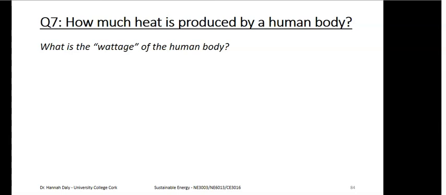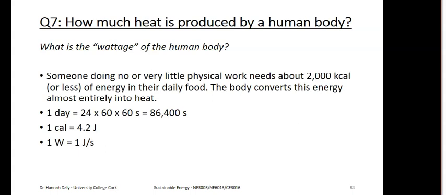So first of all, what's the wattage of a human body? That's a strange sort of question. You know, a light bulb or an appliance has a wattage, but that basically means what is the energy production or consumption of the human metabolism over time. So when we're just resting, our basal metabolism is around 2,000 kilocalories per day. So we can basically convert this 2,000 kilocalories per day in terms of how much we consume without doing any extra work. 1 day is